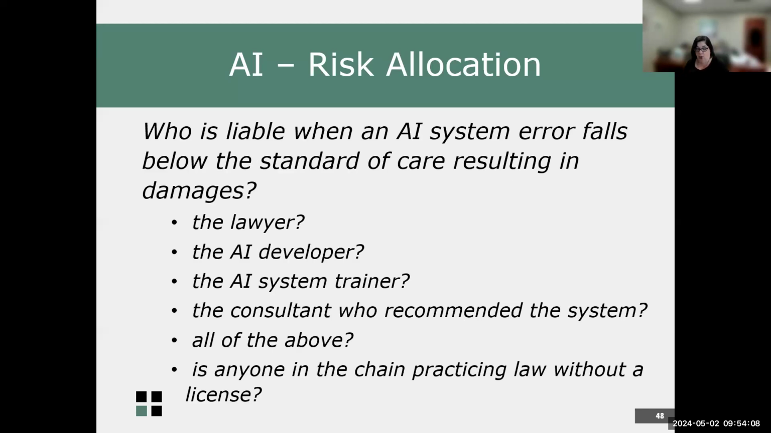When an AI system error falls below the standard of care, first of all, there's going to be the question of what is the standard of care. Think about all of the people that could be involved and whose work can be scrutinized. The lawyer, for sure. The AI developer, perhaps. The AI system trainer, possibly. A consultant who recommended the system, maybe not, if that was the only thing they did. All of the above, possibly. And is anyone in that chain, as I mentioned earlier, practicing law without a license when they're deciding to use this? So the big question then becomes, and we can advance,